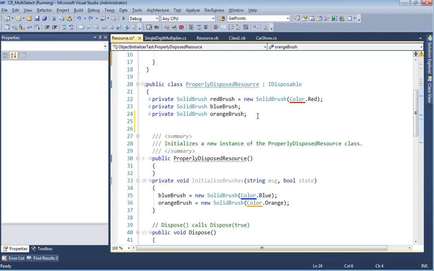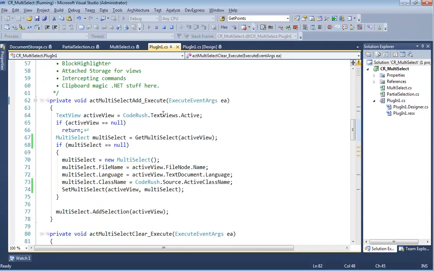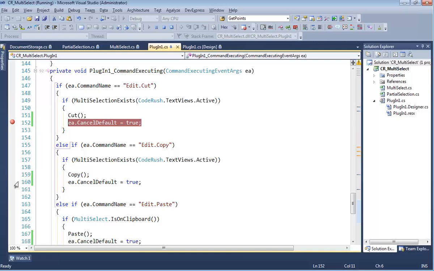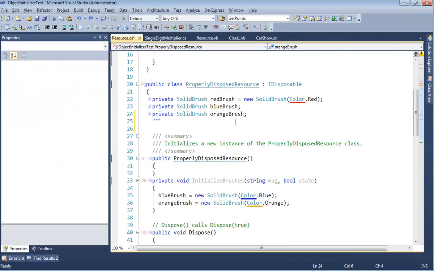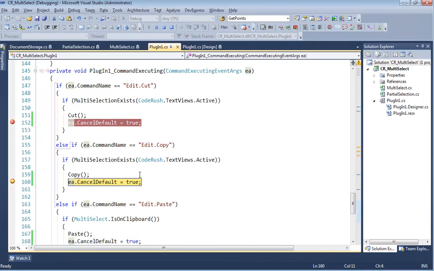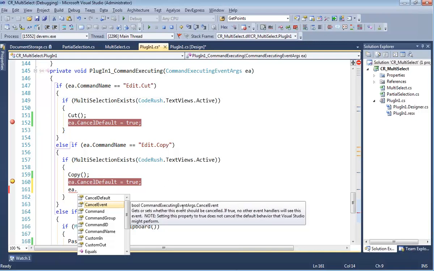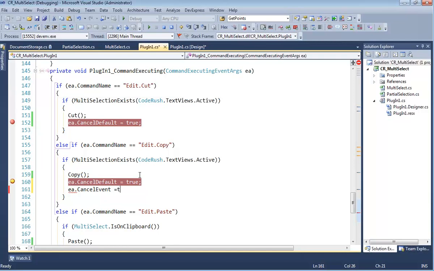Let me show you how to shut that down. I want to just show you that quickly. So over here in plugin 1, yeah, we're in the right spot. And we have to shut it down here and here. These are the two places to shut it down. So we'll come over here, hit copy. Here's what we need to do. We need to come in here and say ea.cancelEvent. And this determines whether the event should be canceled. So if we see edit copy and we say cancel event is true, then that means no other plugin will see the edit copy command as it comes through in this